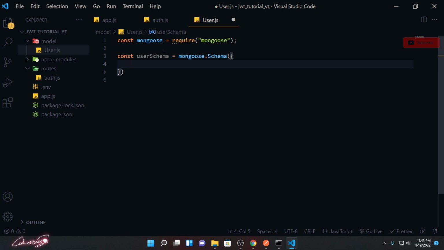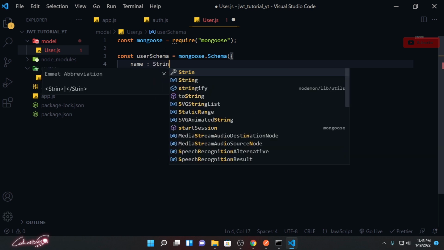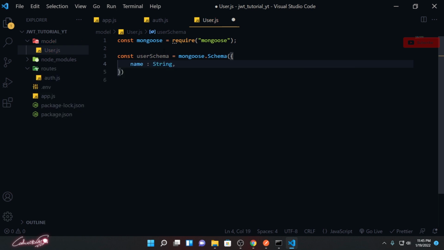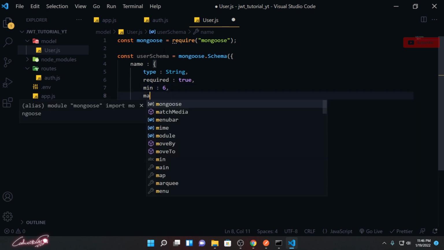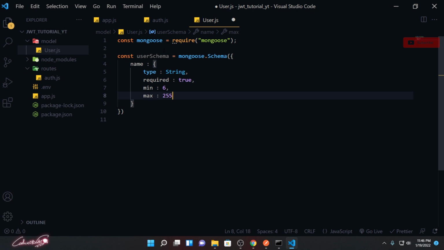Okay, first, the important thing is the name. Name I can simply define as string, what kind of data type it's going to be. But sometimes you need to define it as a required type and minimum and maximum characters, and we need to define all those things. We need to type some conditions. To do that, open another object and type what kind of data type it is. That is going to be the string data type, and this is required, so required equals true, and the minimum value I'm going to keep 6. You should have minimum 6 characters for a name, and a maximum you can go up to 250 characters.